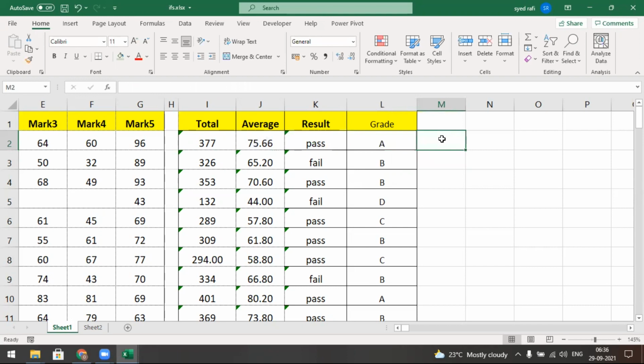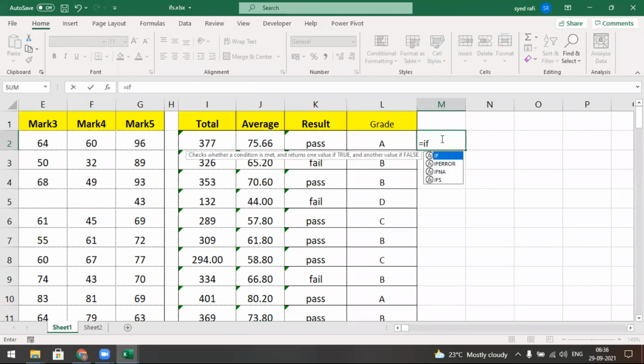Let's check. Equal to IF, and you may take the average and say less than 45, then type D grade.